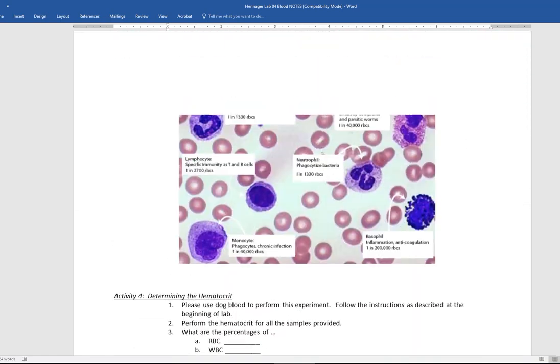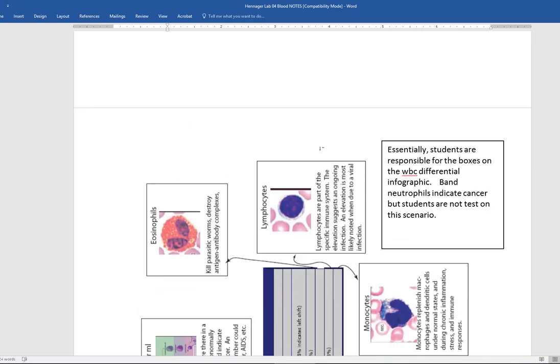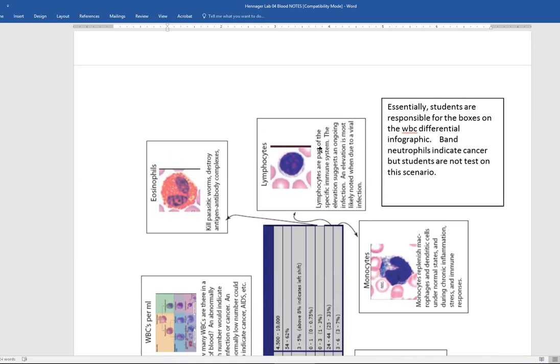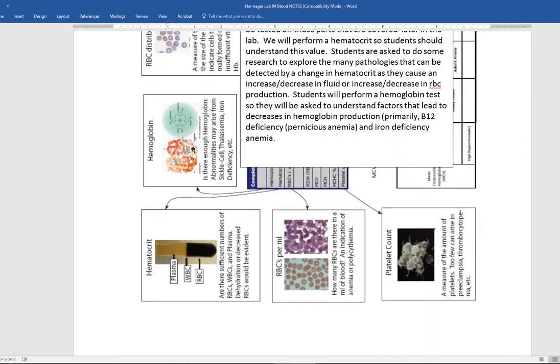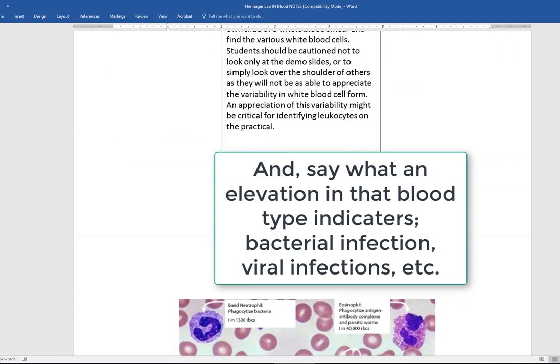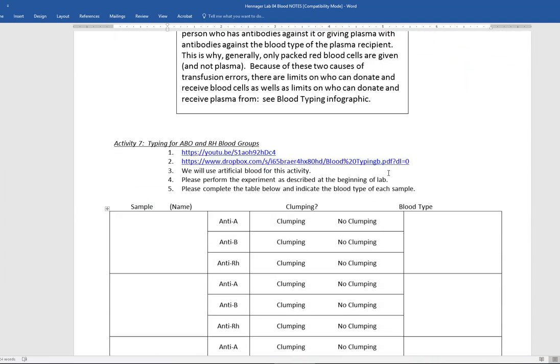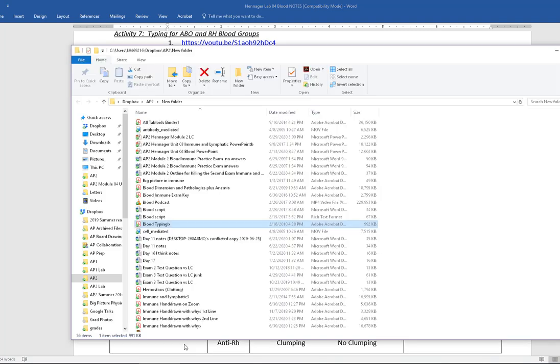So what do you need to know? I think you should, as I said, know what was in these charts. So know everything but band neutrophils. On this one, know hematocrit and hemoglobin. You should be able to identify your white blood cells. You should be able to do a blood typing. So if I took one of these figures,